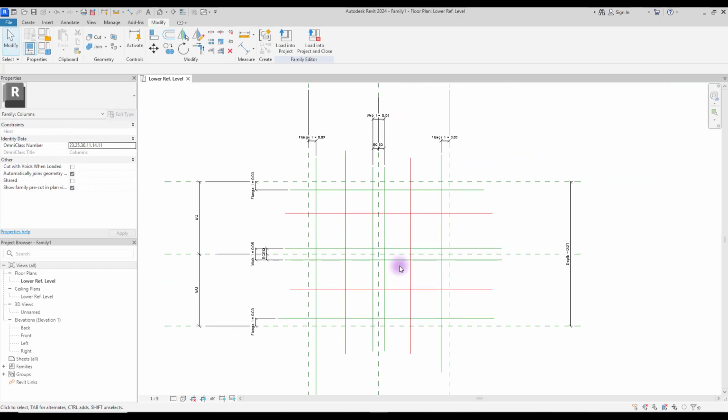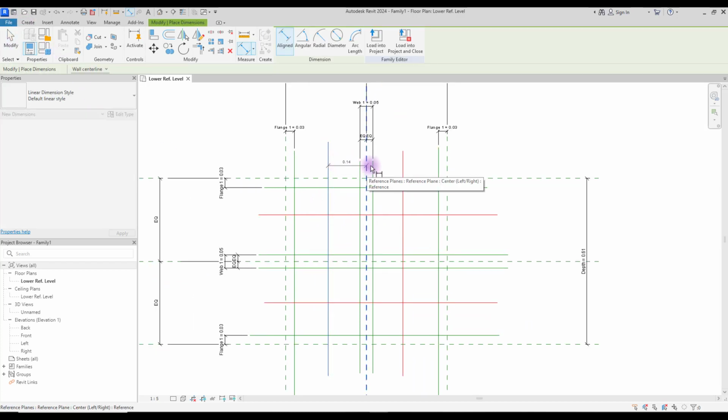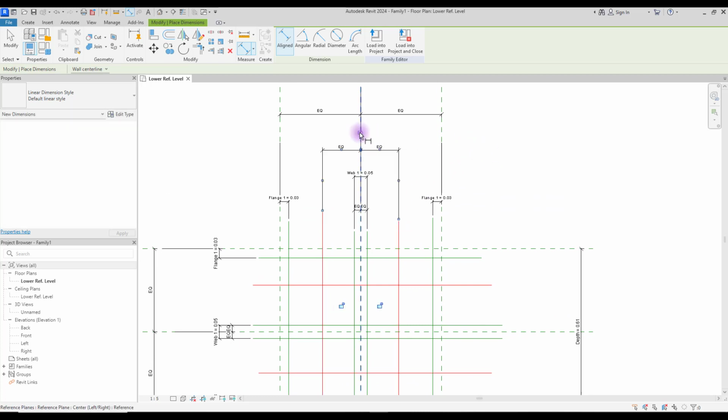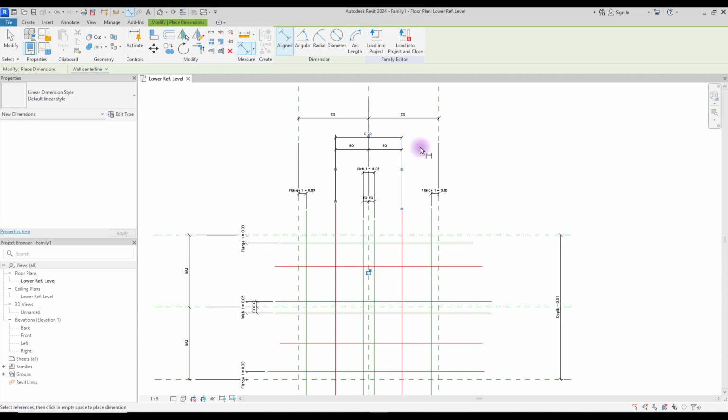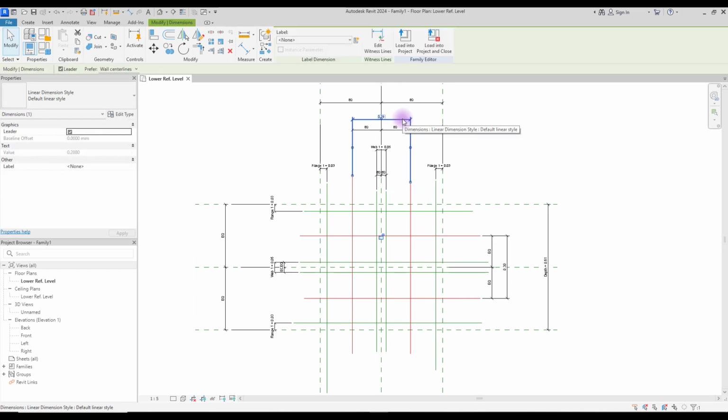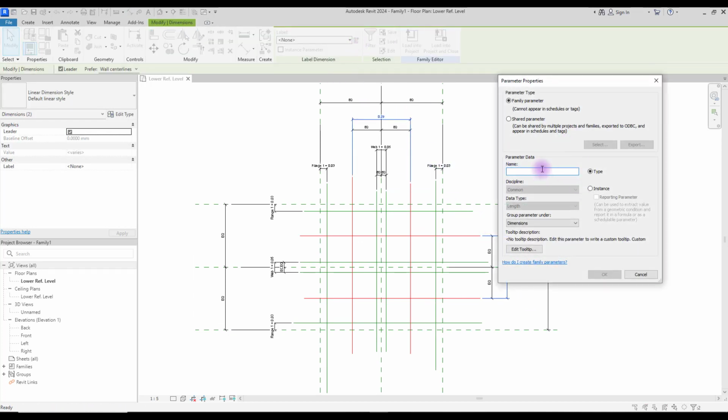Now we need to control these red lines. Select this one and the center line and other line. Make them equal and create another one for this. And do the same for the other side. Make them equal and okay. Create parameters for these two annotations. Let's call them